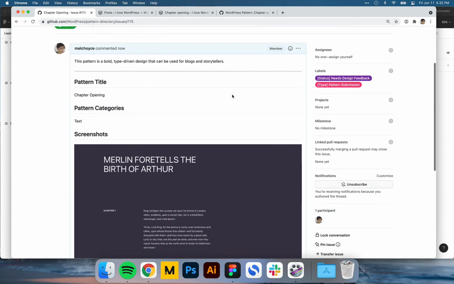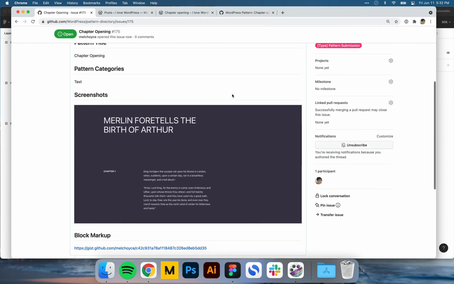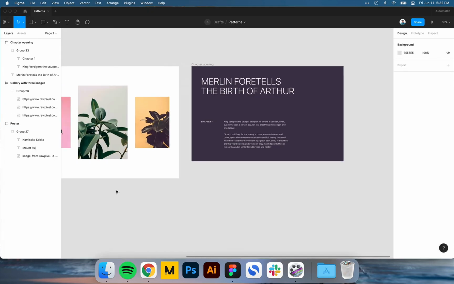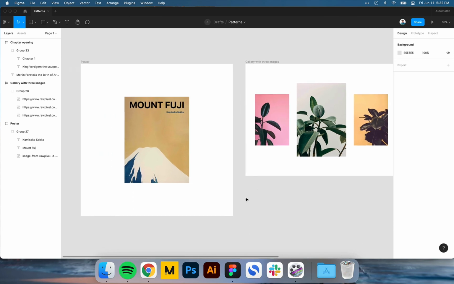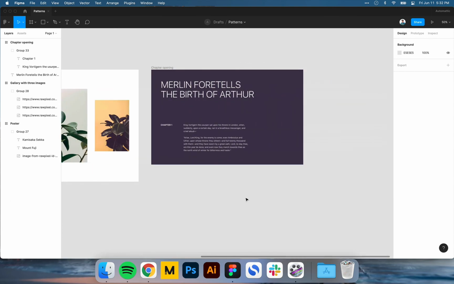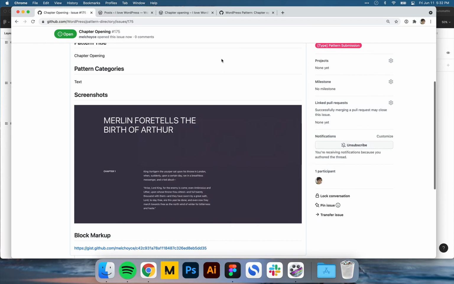And that's it. So kind of to sum it up, really what I've been doing is a lot of playing around where I've been going into Figma, thinking up just vaguely what I want something to look like first, and then bringing it into Gutenberg.